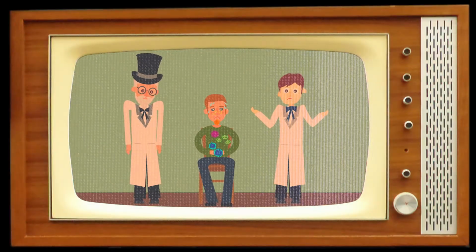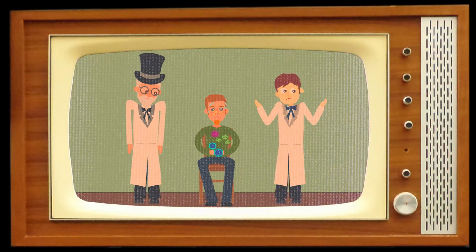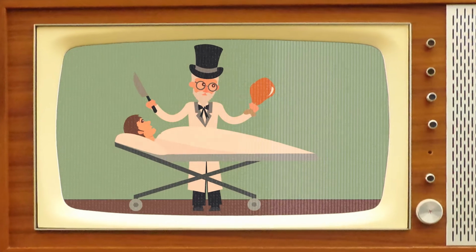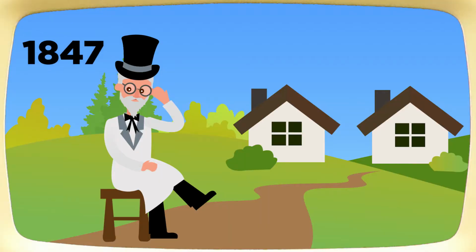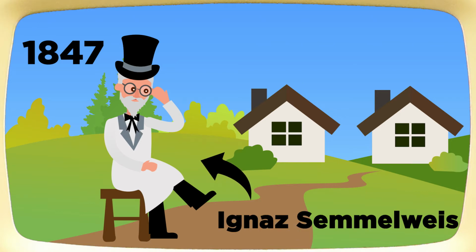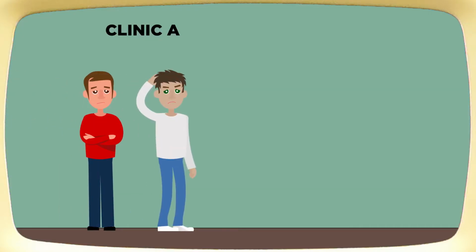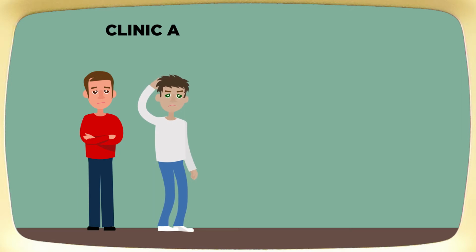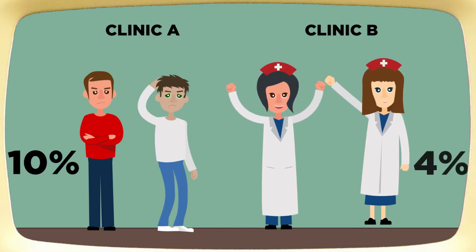A long time ago, people had no idea that germs caused infections. Hand washing wasn't really their thing, even for surgeons. In 1847, Ignaz Semmelweis noticed dramatically different mortality rates in 2 maternity clinics in a hospital in Vienna, Austria. The first clinic, which utilized medical students, had a mortality rate of 10%, while the second clinic, which utilized midwives, had a mortality rate of 4%.